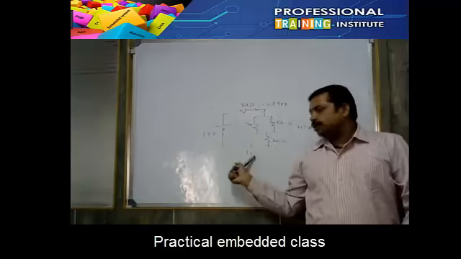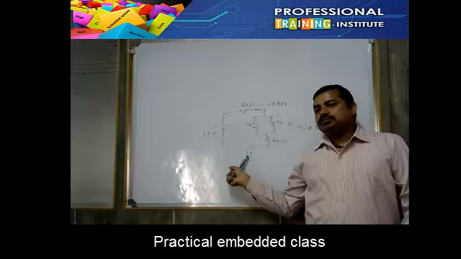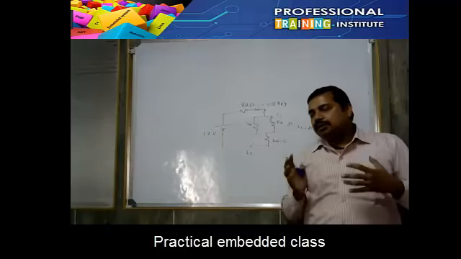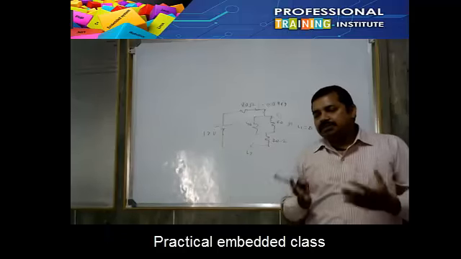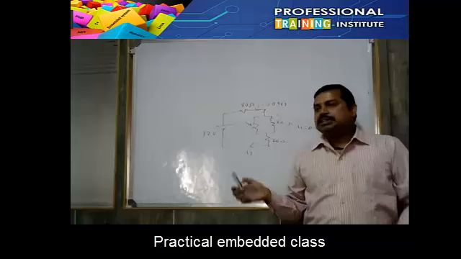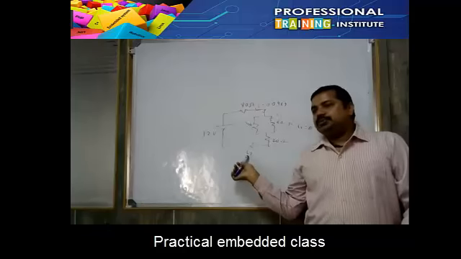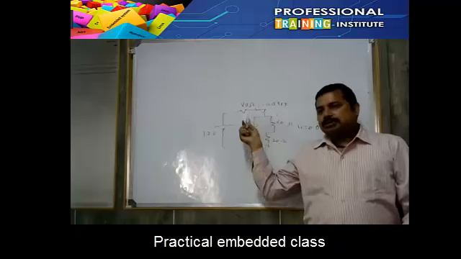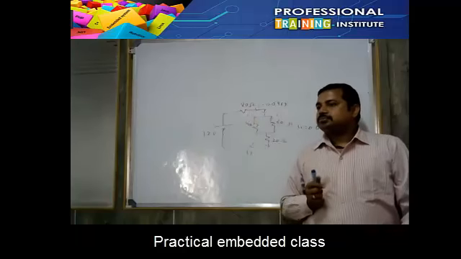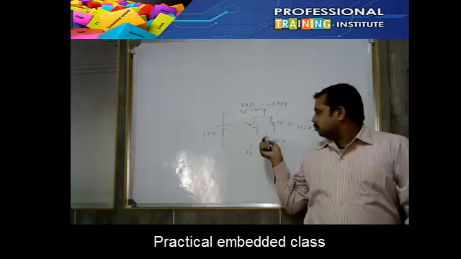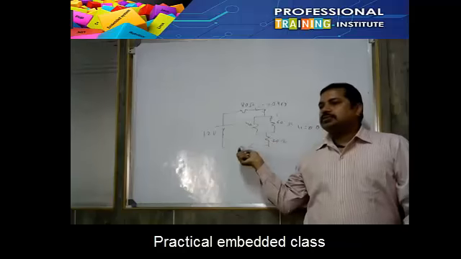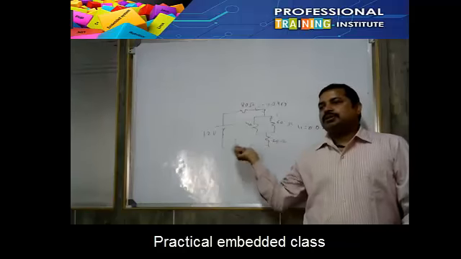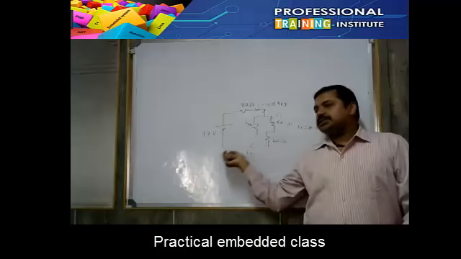So what is the value of I2? Don't solve anything, please answer. I don't want the answer, I want logic. What will be the I2? I2 is equal to I. No, resistance is also there, sir. Then also after that it will go from there. After this resistance it will come here.